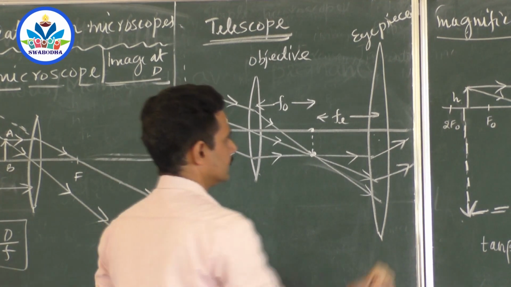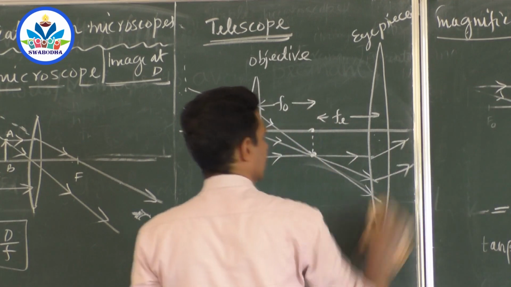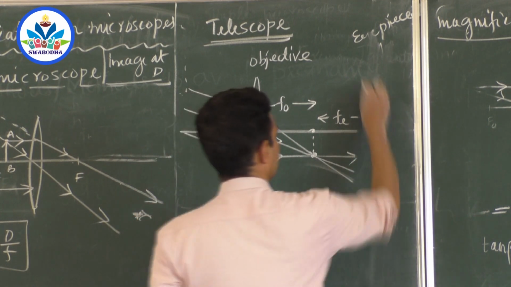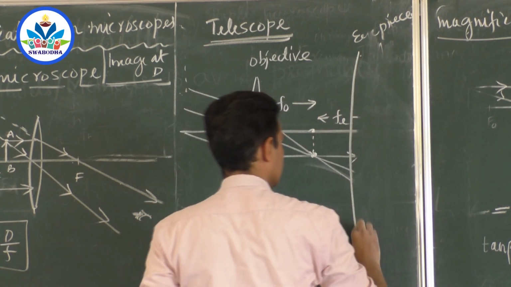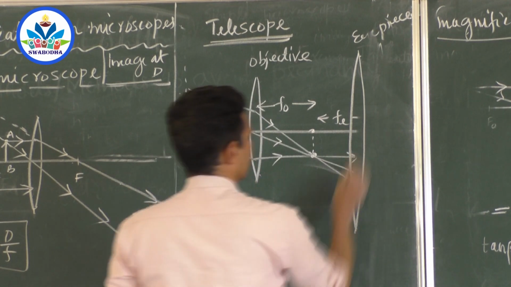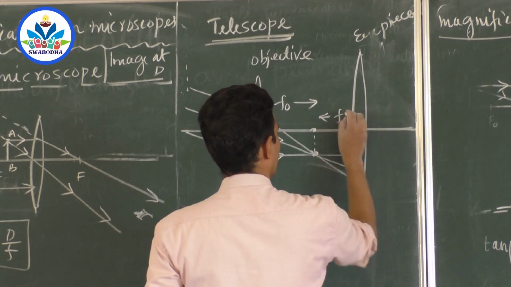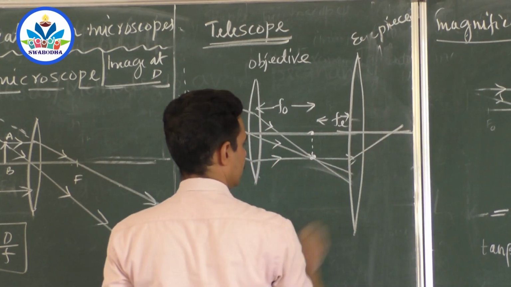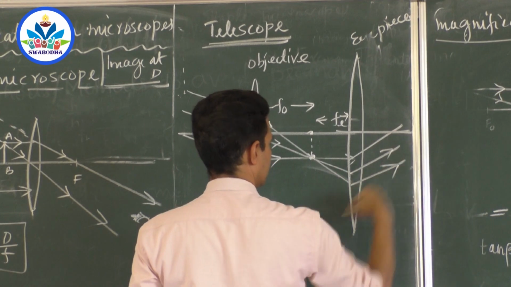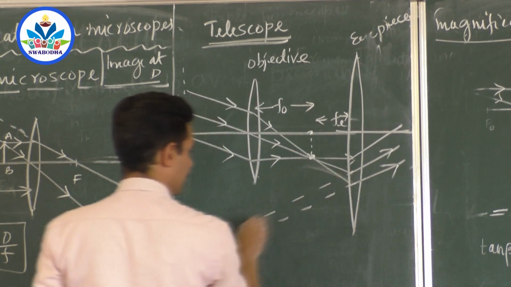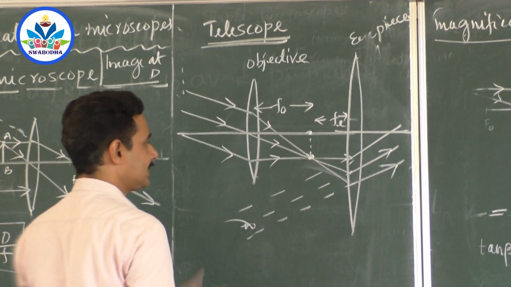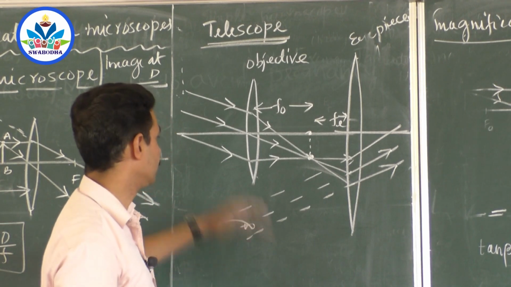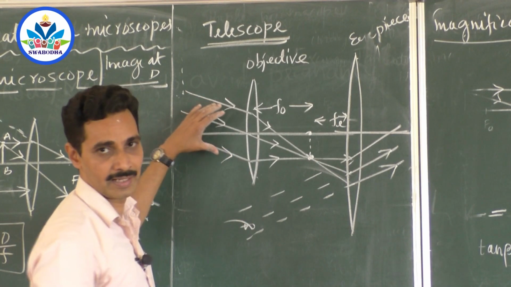Okay, shall I rub this one? And I will bend it a little bit. I will redraw this one, because for the derivation I need some space here. Yes, this is the eyepiece, and this is the principal axis. Of course, this is the focal length of the eyepiece. So this one ray moving like this becomes parallel, this one becomes parallel. And these rays appear to come again from infinity, but the image formed by these parallel rays will be far better than the image formed by these rays when seen directly.